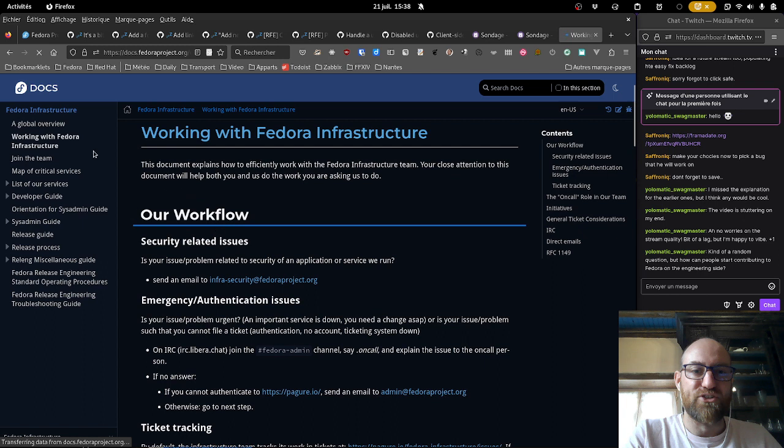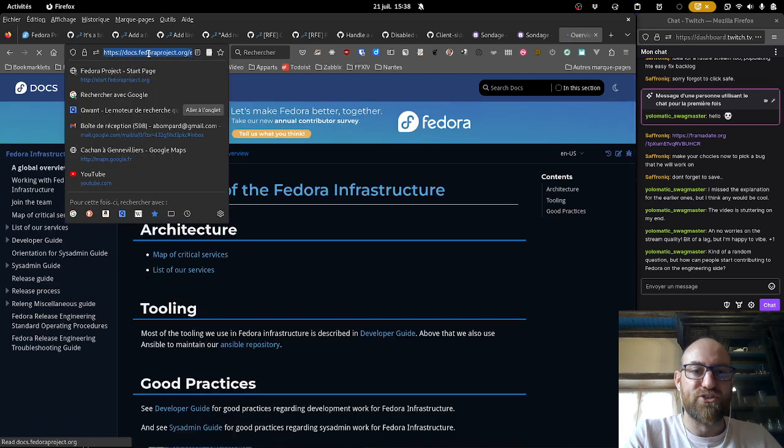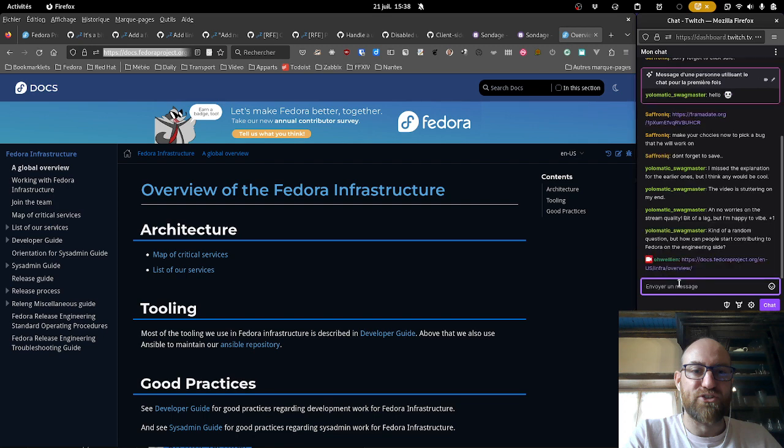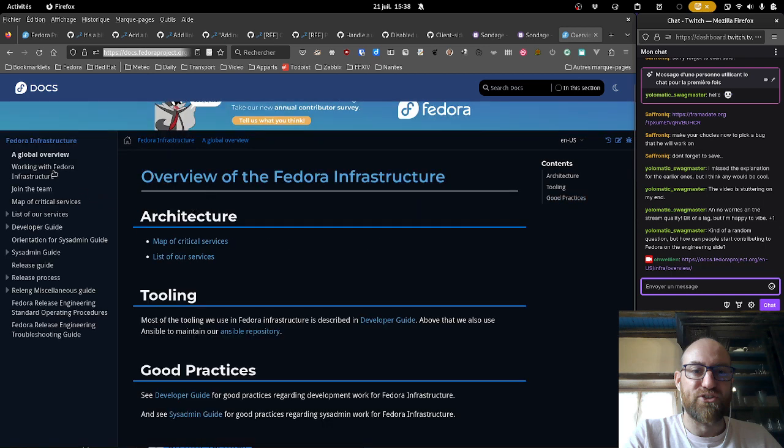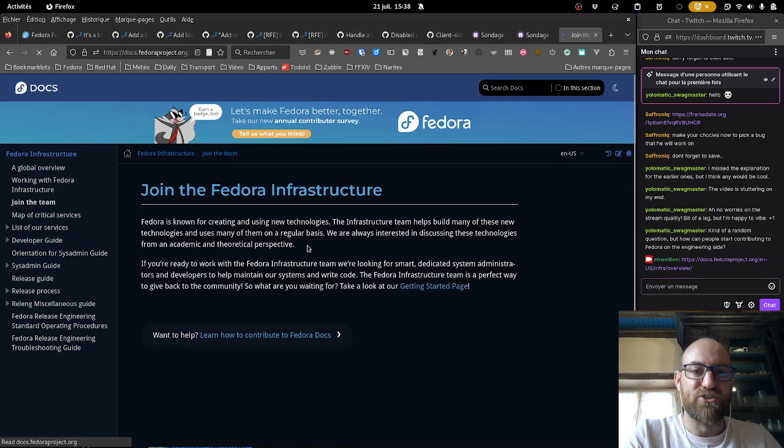If you're interested in this team, I'm going to send you the link to the whole thing. There it is, and you can look if you're interested in our workflows, our tools, and then you can join the team. There's a getting started page.